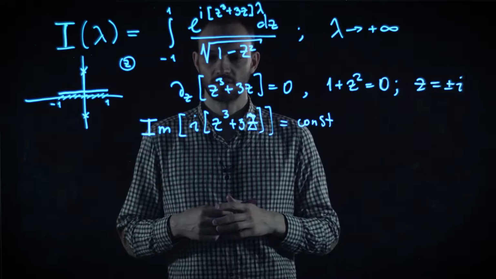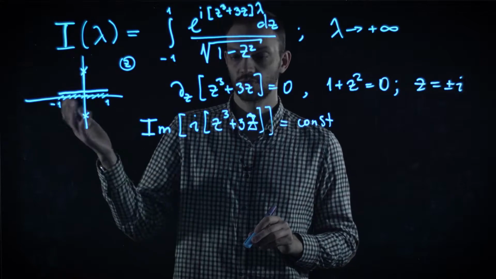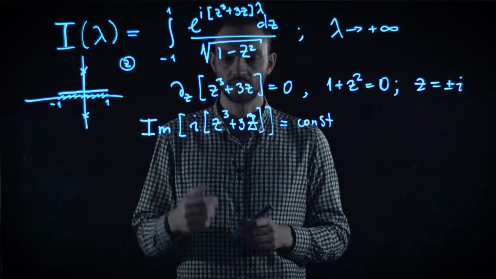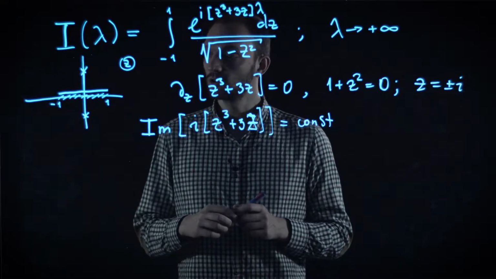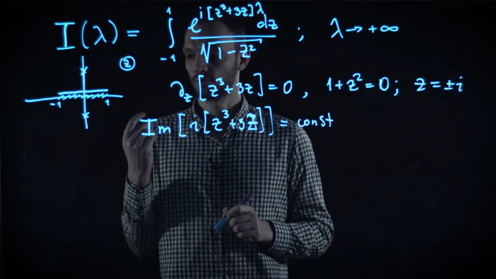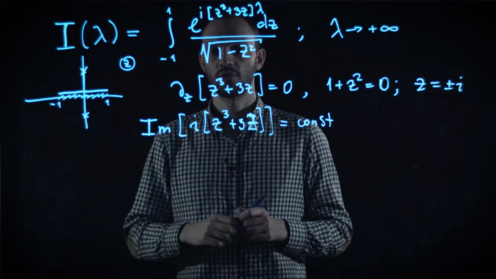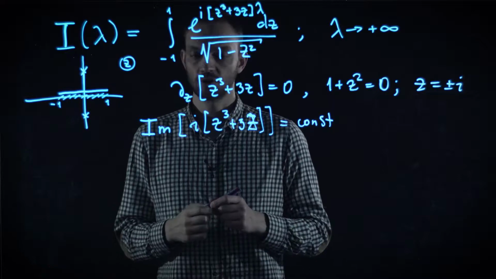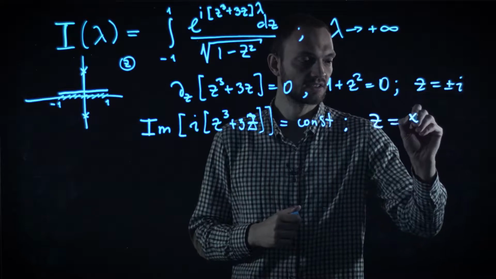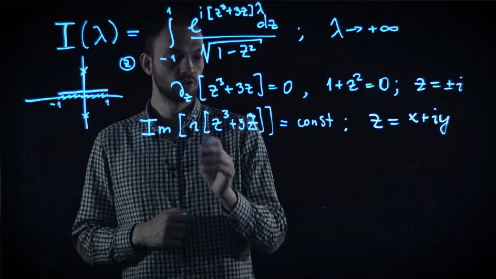Of course, there are many curves on the complex plane z which satisfy this equation. So it defines a set of lines in the complex plane which are called constant phase lines. And now we need to understand which of these lines, defined according to this equation, pass through, first of all, saddle points, and second, through boundary points of our integration domain. Let us solve this equation explicitly, assuming that z equals x plus iy, where x and y are both real.